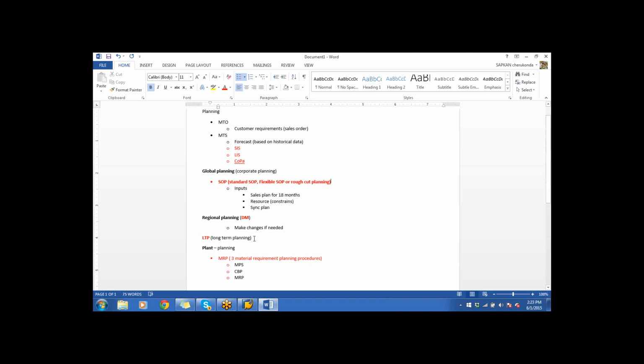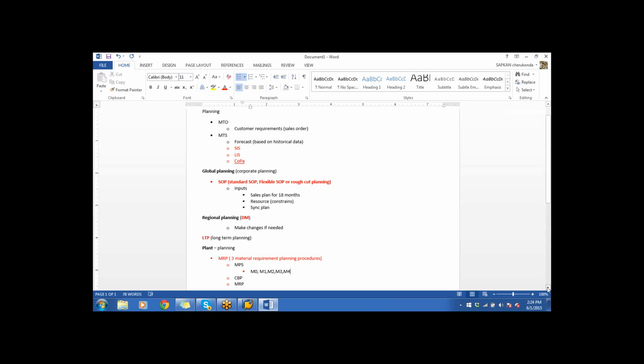So long-term planning doesn't make sense. It's a simulation. I would like to say simulation planning, but they call it LTP. Why? I don't know. So MRP. MRP is a generic word, but SAP has taken it as one of their tools. But the confusion is you have three subcomponents in it. MPS, Master Production Scheduling, that is used for critical component planning. Then you have MRP types, M0, M1, M2, M3,